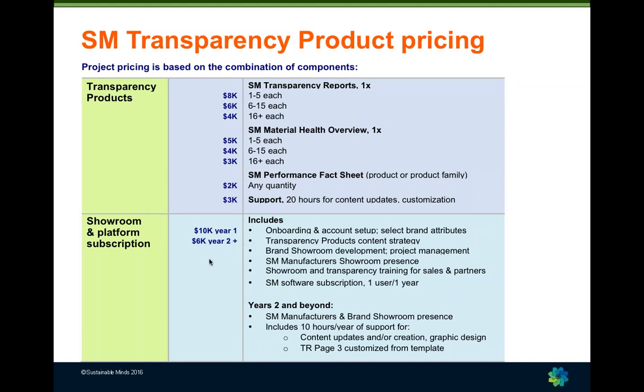We have a recurring cost, which is our subscription or platform fee. The first year is $10,000, so that includes all of the onboarding, the account setup, developing the brand attributes, so your showroom and your reports look like your brand. It's supporting you in developing your content strategy, actually building the brand showroom, getting your presence up, delivering sales training when it's done to any of the folks that you want to get up to speed. And we even include, for those of you doing transparency reports, a subscription of our eco-design and LCA software with your LCA data now in the software, so that your product teams can actually start modeling in design to see